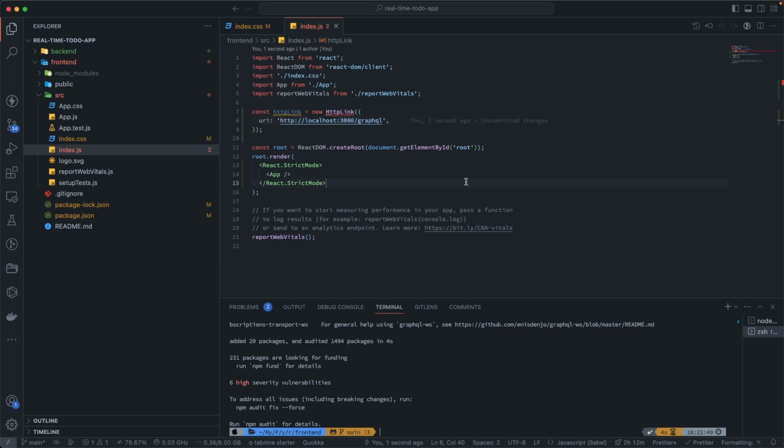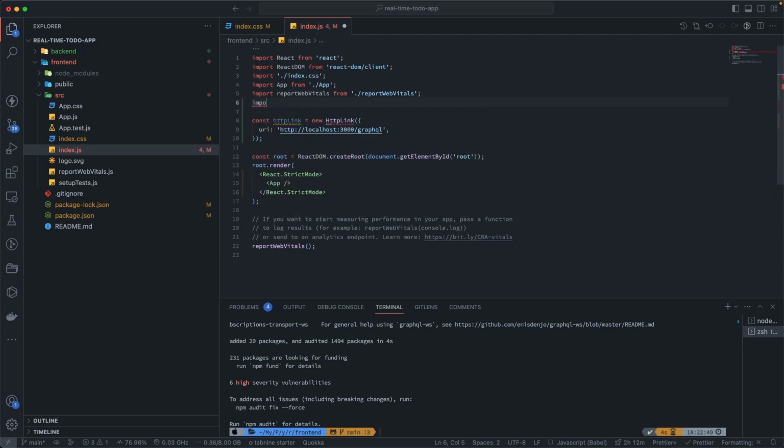So this GraphQL, okay, so import HTTP link from Apollo client. Okay, next,